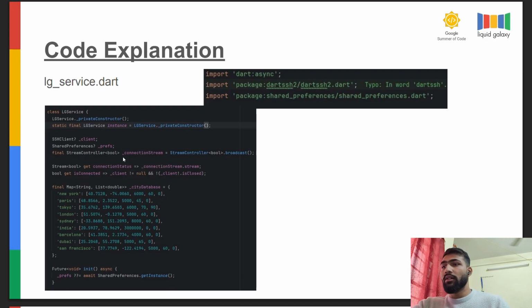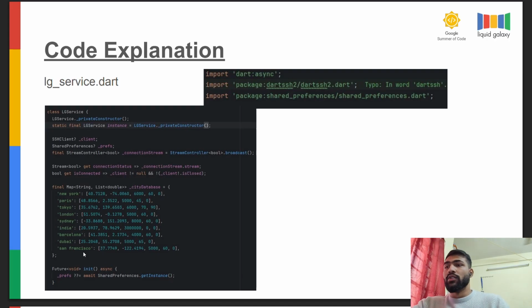We are also using connection status. For that purpose we are preserving the connection, and if it gets connected, the boolean will be converted to true or false. That will require a bool getter isConnected. Then we have hard coded the cities for now, because for real-time updates it will use Google Maps integration, and also some AI features to detect the command and search automatically through all commands, irrespective of the database